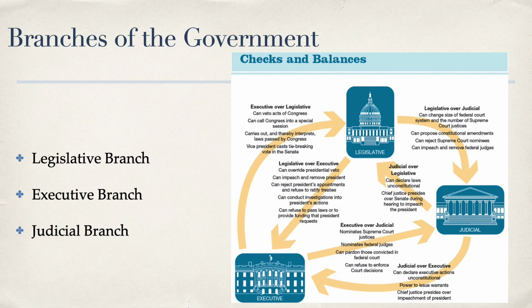Also in your text, it lists some of the powers, but we'll go over those in more detail in a later chapter. All right, then that brings us to the judicial branch. This was established by Article 3 of the Constitution. The judicial power of the United States resides in the Supreme Court. The Constitution grants the Supreme Court the power to resolve any conflicts between federal and state laws. Specifically, it can determine whether a power is a national power, a state power, or shared between the two.